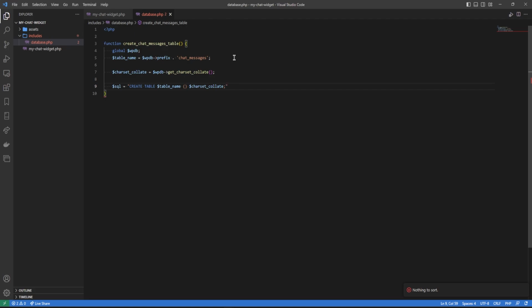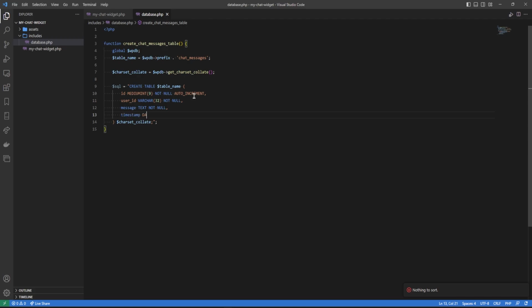I have no idea what to call them, and close the semicolon. Now in here we'll write our columns. First column is ID, medium int 9, not null, auto increment, comma, user ID varchar 32, not null, message, the text column, not null,